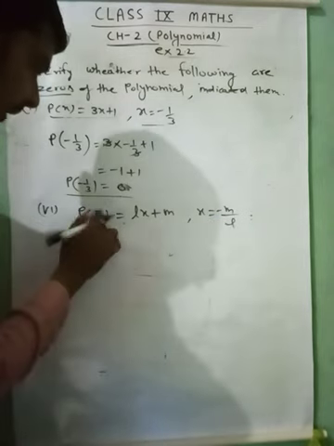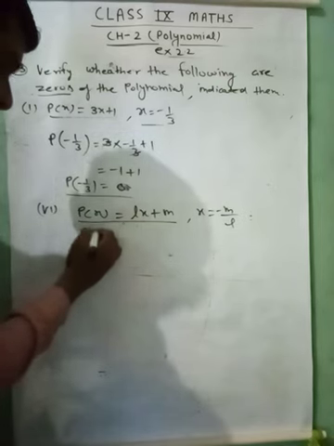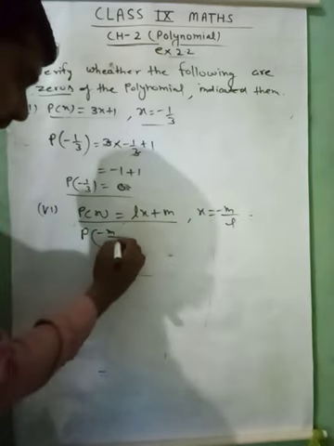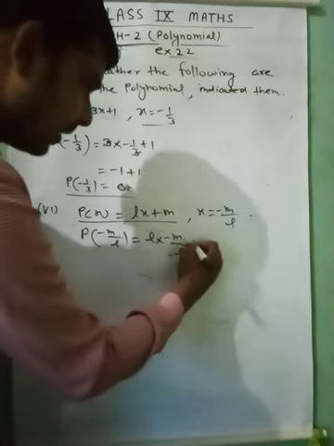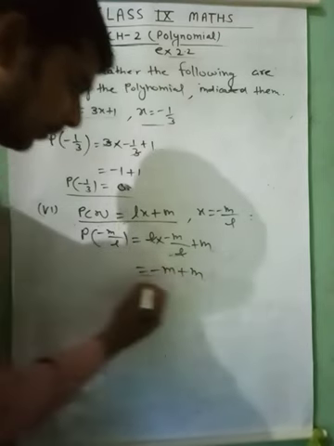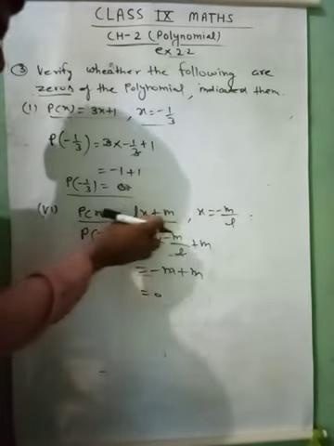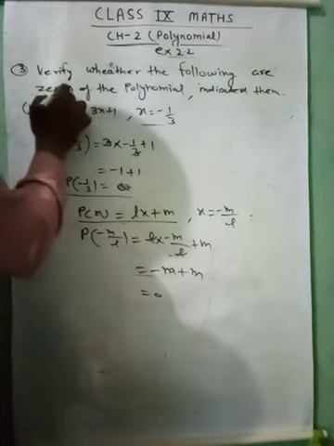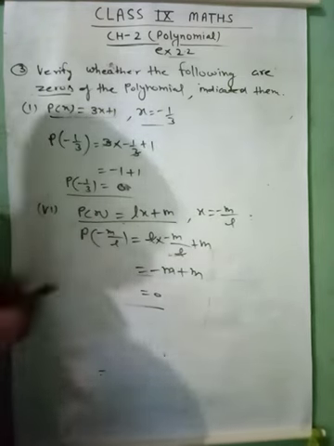At the place of x in this equation we put x is equal to minus m by l. So P at the place of x, when we put minus m by l, the value will be l into minus m by l plus m. This will be cancelled, it means minus m plus m. So the value will be 0. We know that when we put this value, this equation value will be 0. So it is a zero of this equation. It's satisfied. Clear?